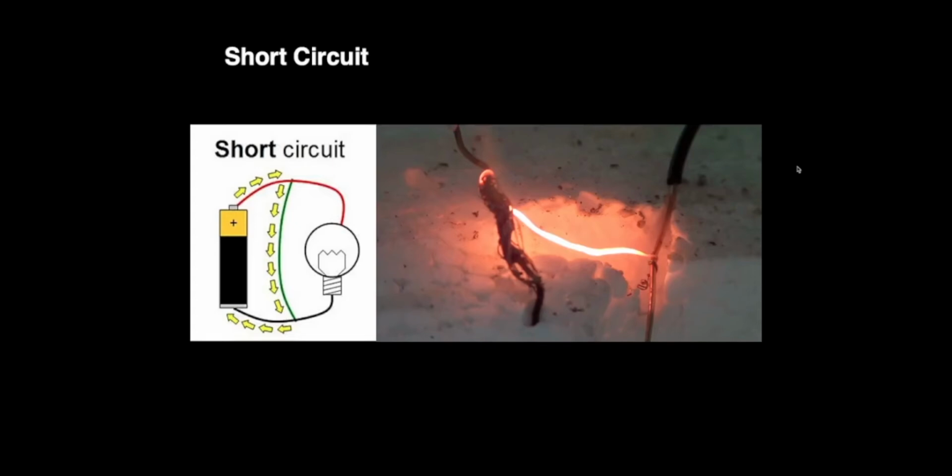So there's also some things that could definitely go wrong with your circuit. One would be a short circuit. A short circuit is basically when there is a power source and the load bearing component, whether that's a light bulb or something else that's taking that electricity, is bypassed. And it's basically just going from the battery back to the negative side of the battery. Then this wire here is just going to get super hot because it has no other place to expel that energy. So because of that, it's going to get really hot and then either catch on fire or catch